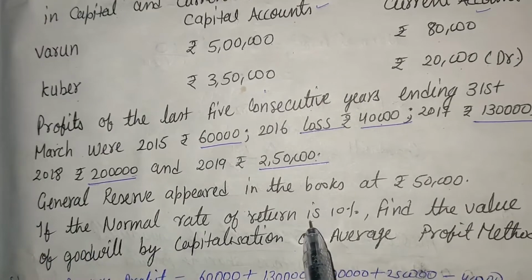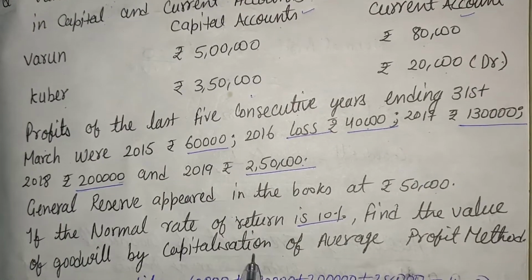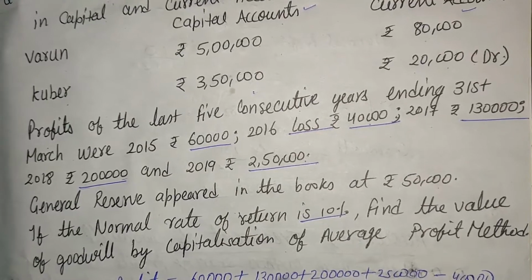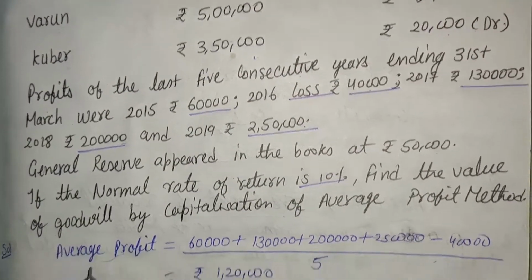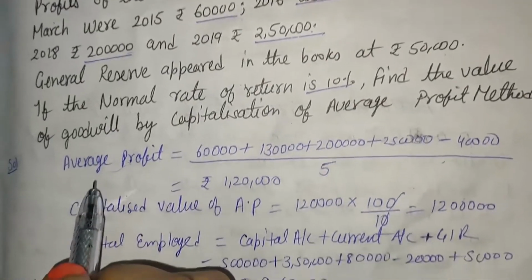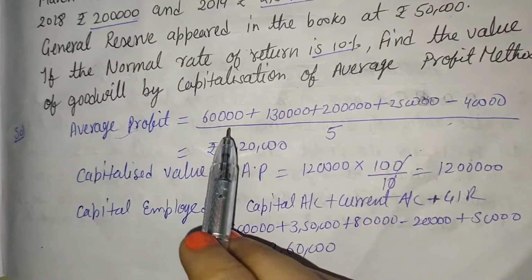The normal rate of return is given, that is 10%. Find the value of goodwill by capitalization of average profit method. It is the first method. Then first of all we will have to calculate average profit, and the formula of average profit is the sum of